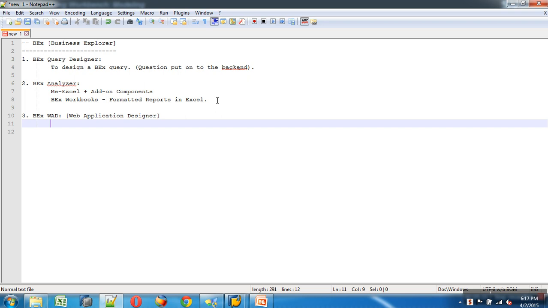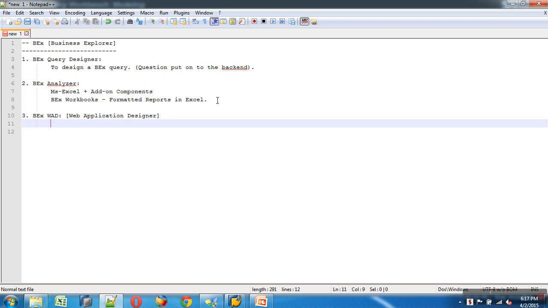Query designer. Once you design a query with query designer, we can start running that query onto browser or into Excel also. When you run this query onto browser, it comes with a default output in the browser. If you want to customize this output with more navigational features, more event-based features, then you go with WAD.